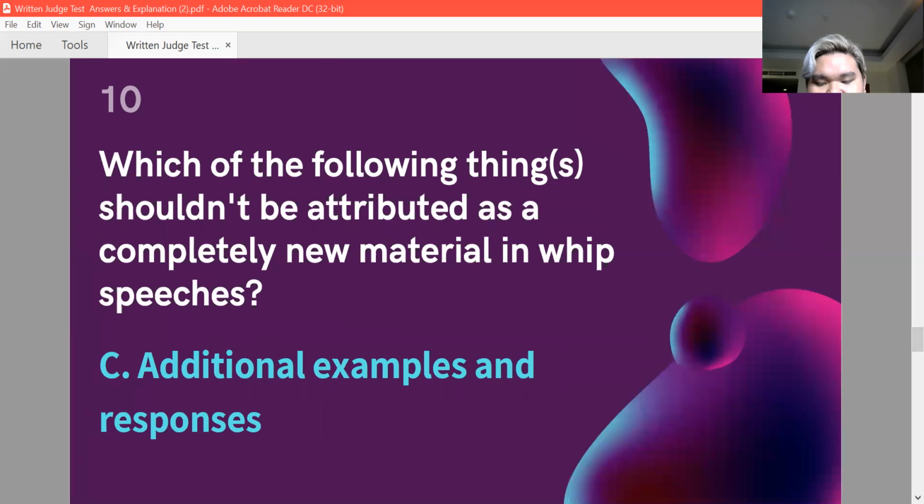And last but not least, in the first part, which of the following things should not be attributed as completely new material in whip speeches? A, analysis from new actors' perspective. B, new principle analysis. C, additional example and responses. And D, new conclusion, manifestation, and impact. And the answer is C, because